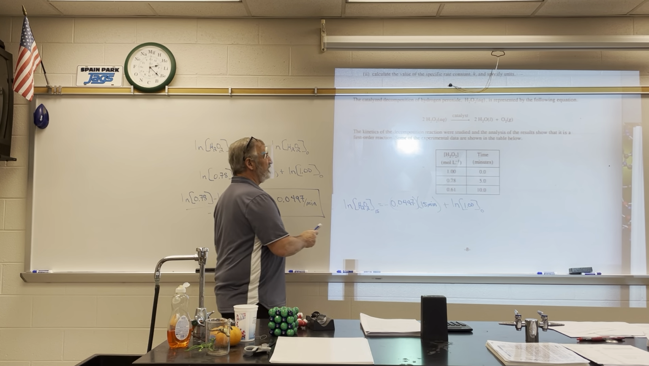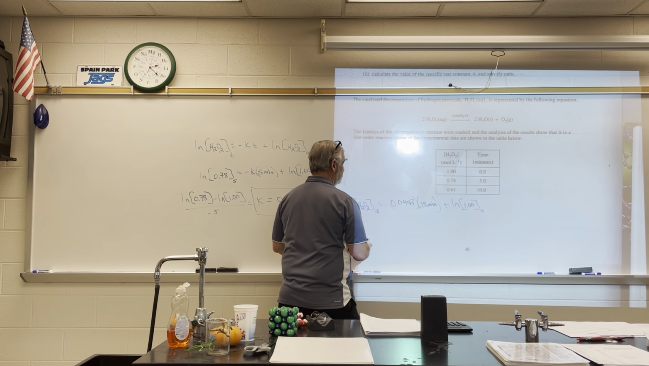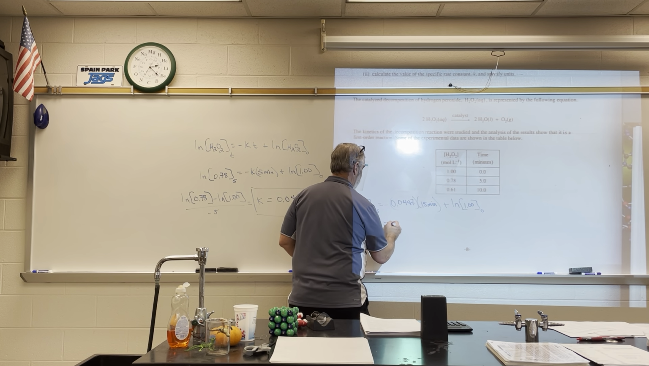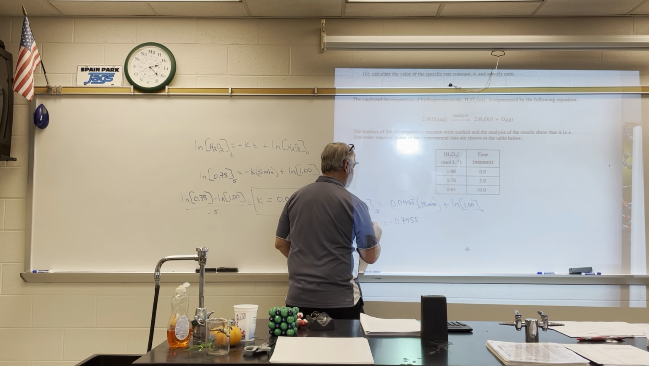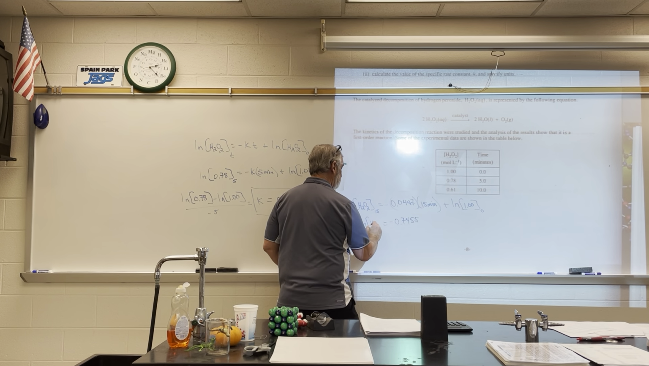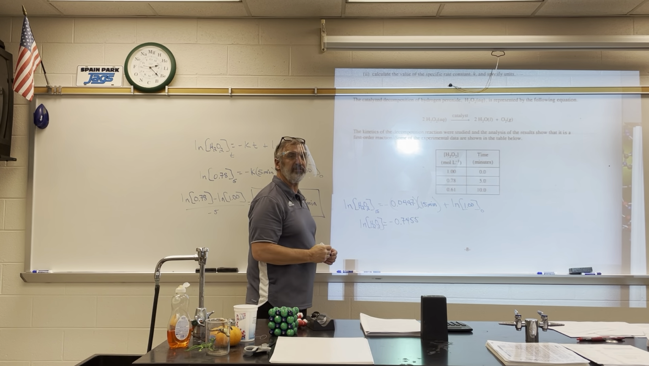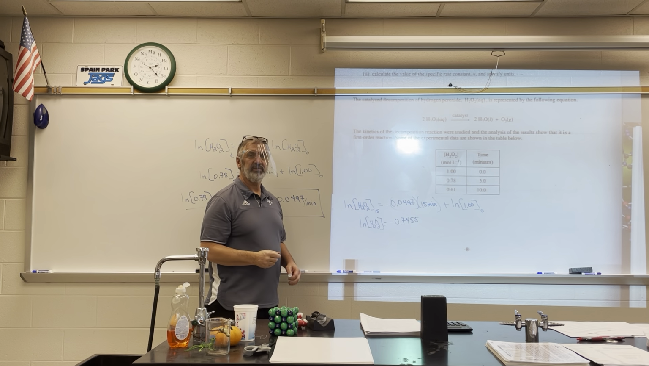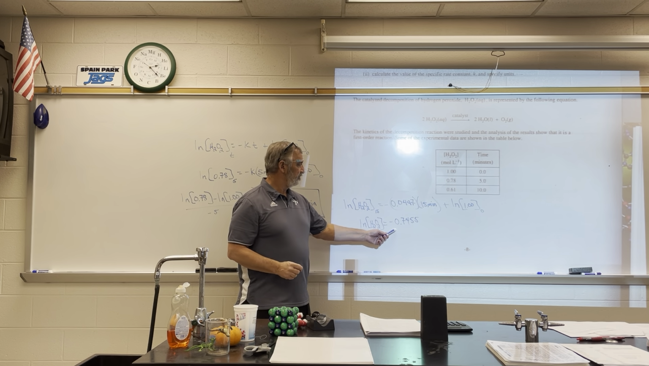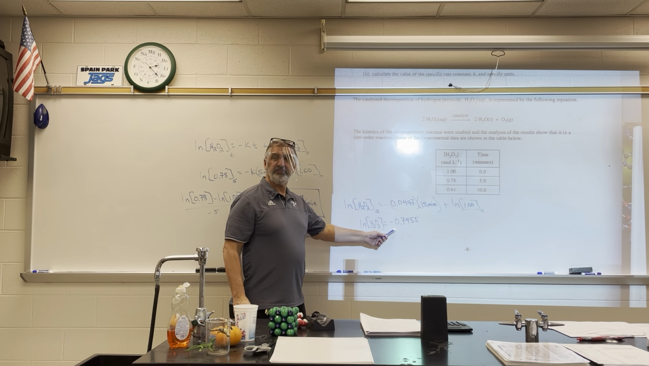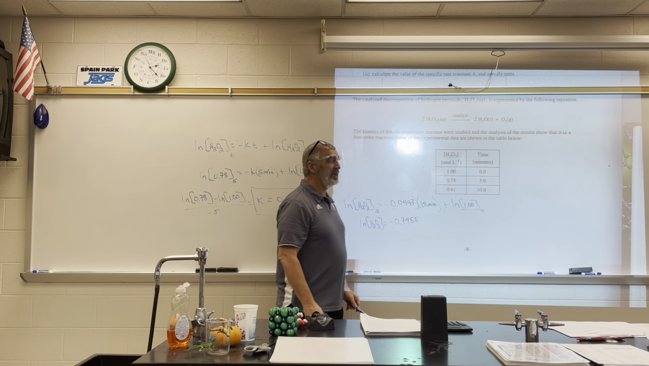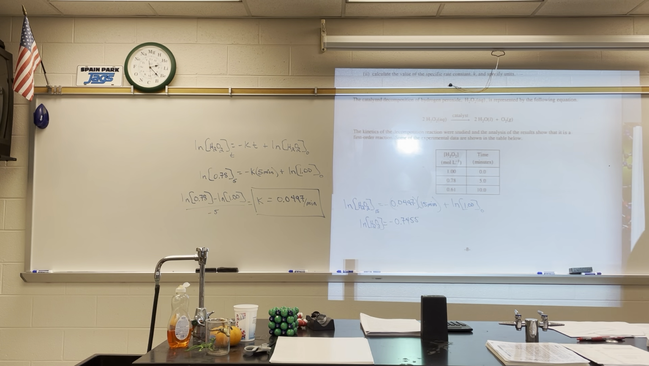So, somebody get me an answer to what the whole right side is. It's negative 0.7455, which is equal to the natural log of H2O2, right? So how do I solve for H2O2 then? E to this power, right? Okay? So H2O2 turns out to equal,